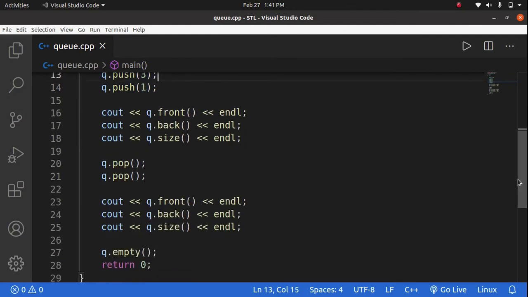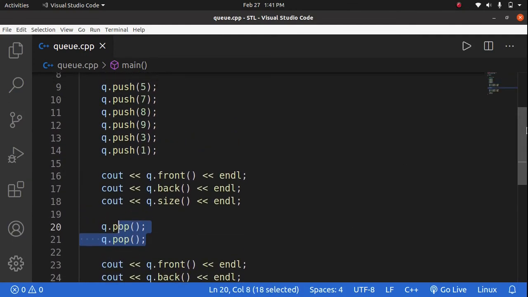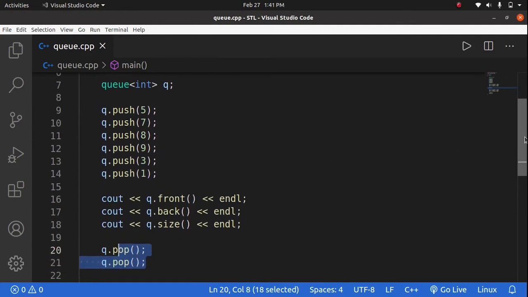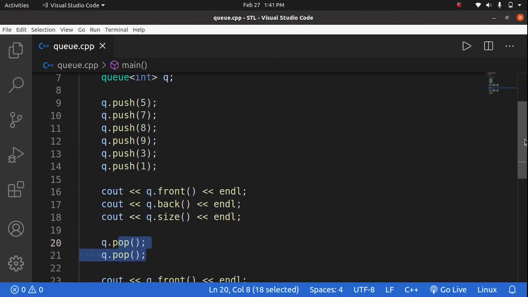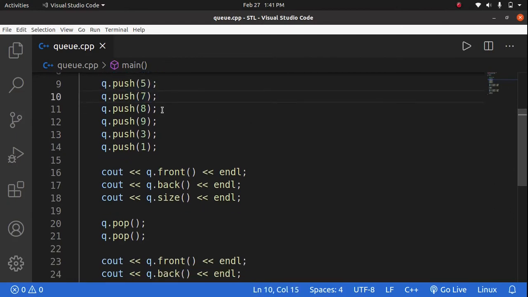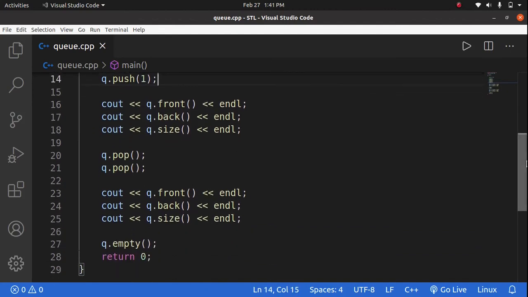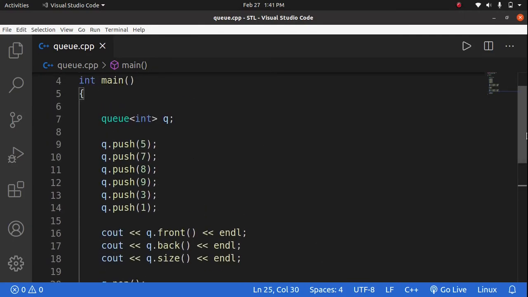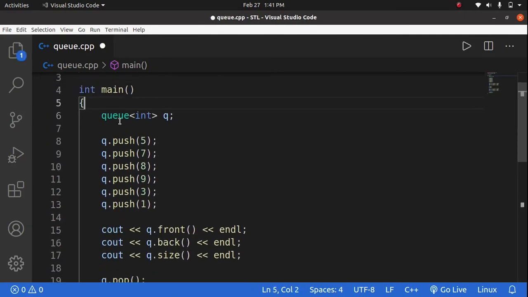Now we can pop things. The pop will remove the first element, the data at the front of the queue. Like 5 will be deleted and the 7 will be deleted. It will not return this 5 and 7, it will just remove it. And we will be left with the front at 8 and the back at 1. So we can check by running things here. And queue.empty is also a function that tells whether the queue is empty or not. Now this queue implements the deque or the list to implement the queue in the STL.